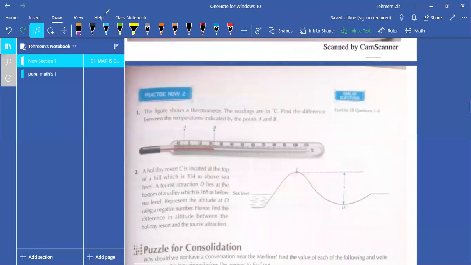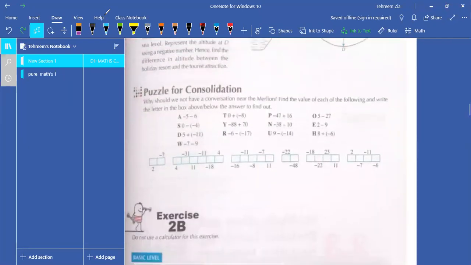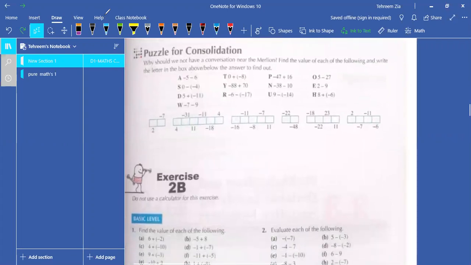Okay, next is this puzzle, which is very interesting and important. We are going to solve this puzzle together in just 5 to 6 minutes. So minus 5 minus 6 would be